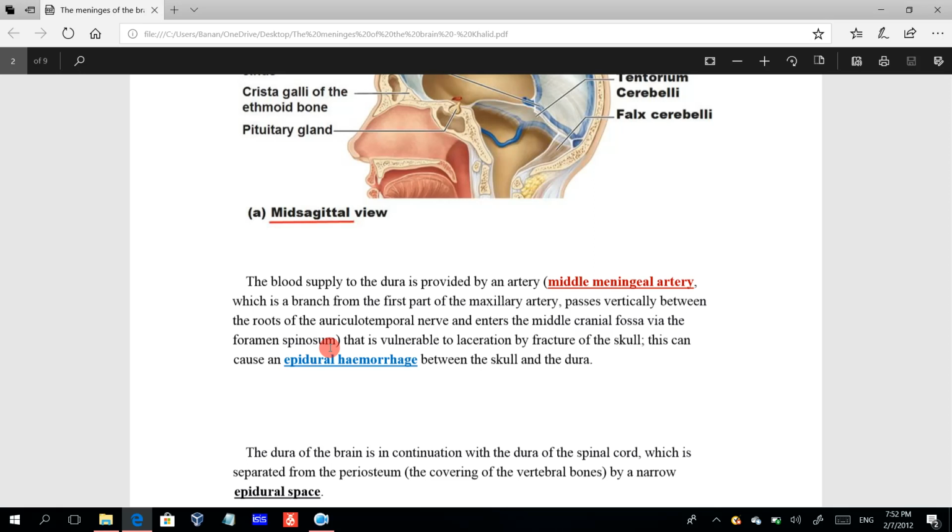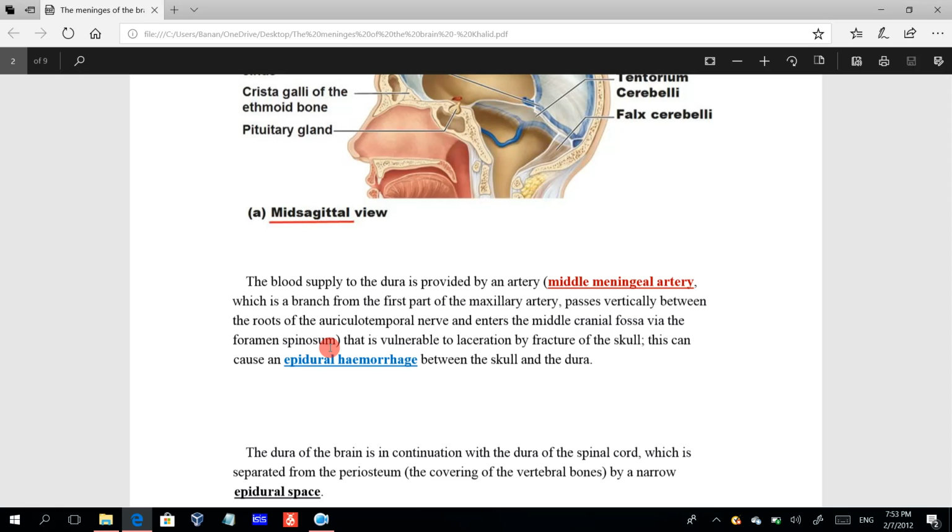So at this side, because it is close to the skull bone, with any external trauma to this area, to the temporal region or squamous part of the temporal bone and the parietal bone, this artery, because it has a close relation to the bone, may rupture